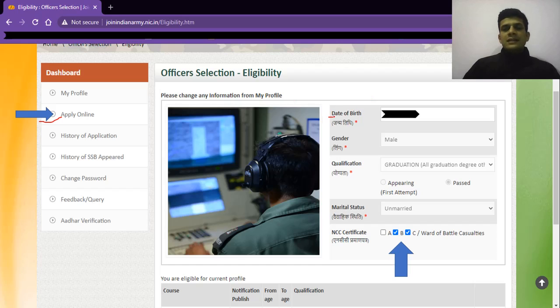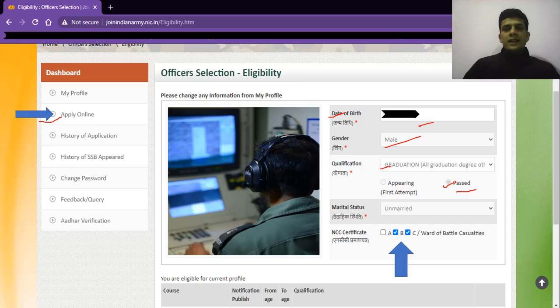Then you can directly see, as you have already mentioned all the details prior to this, it will be auto filled, right? Your date of birth will be auto filled over here. You don't have to fill it again. Then your gender will be auto filled, as you have already filled this. Then your degree you have already filled. Then appearing or passed: I have completed my graduation in 2018, so it is passed. It is already marked.